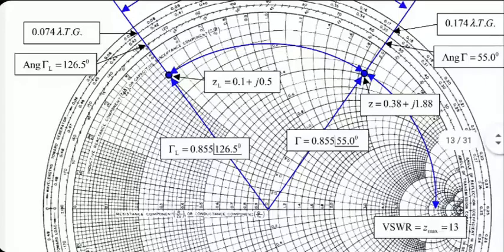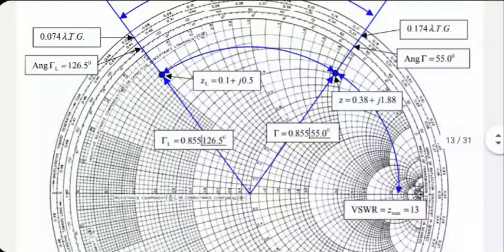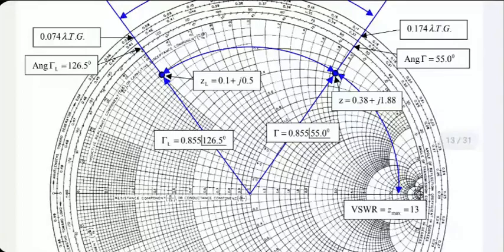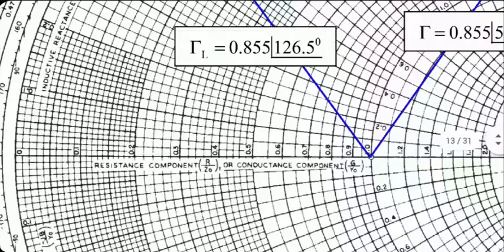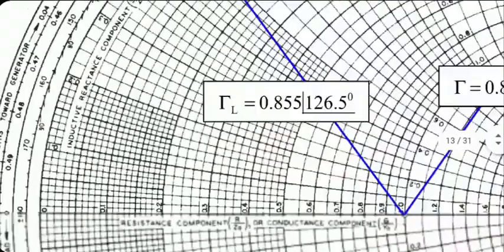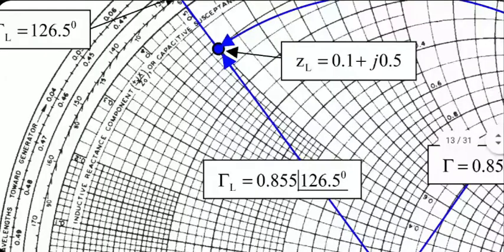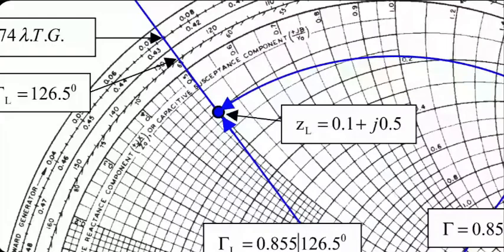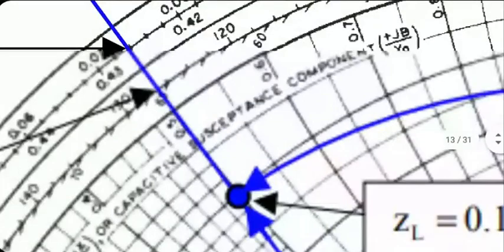He is not showing the suffix n. ZL means normalized value. This is where this load will map. That is point P. You see the constant resistance circle passing through this point has the value 0.1, and the constant reactance circle passing through this point has the value 0.5. If you read it here, it's right here, it's like 0.5. You have to learn how to read the chart. So much data is there. You have to filter out things and look at what you are really interested in.